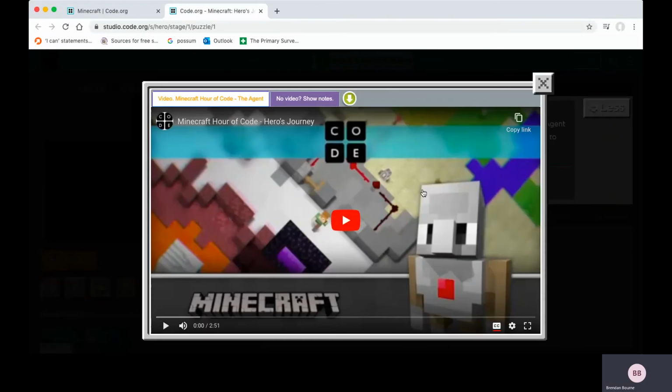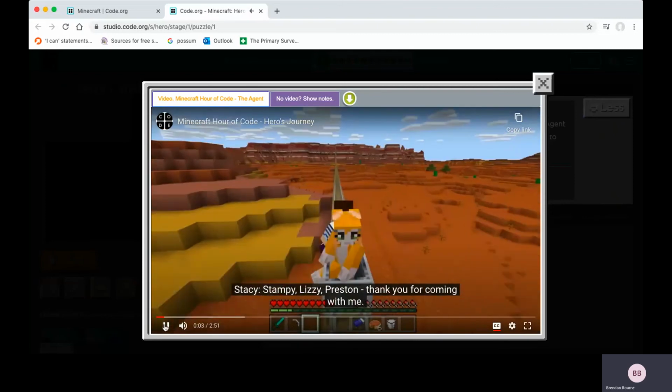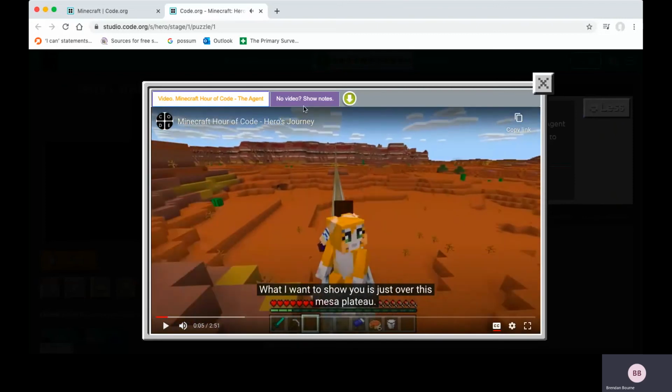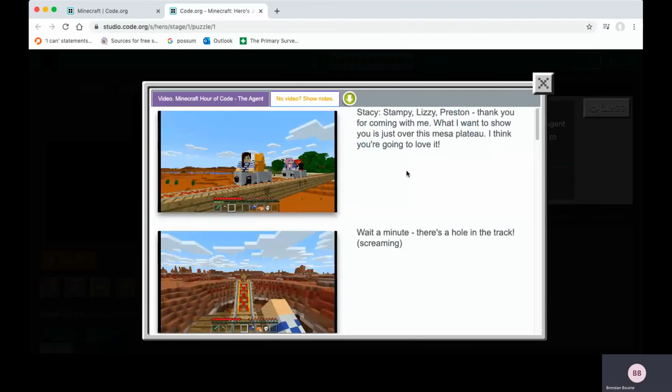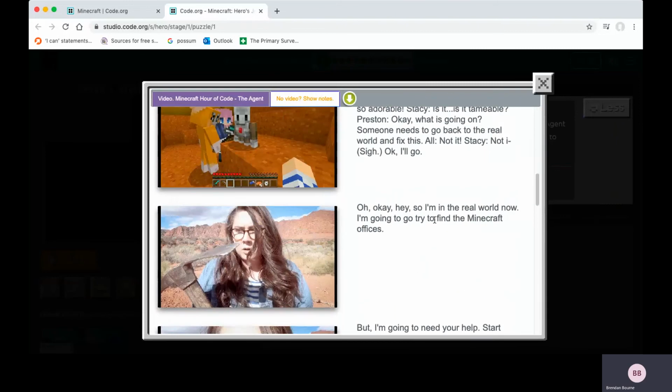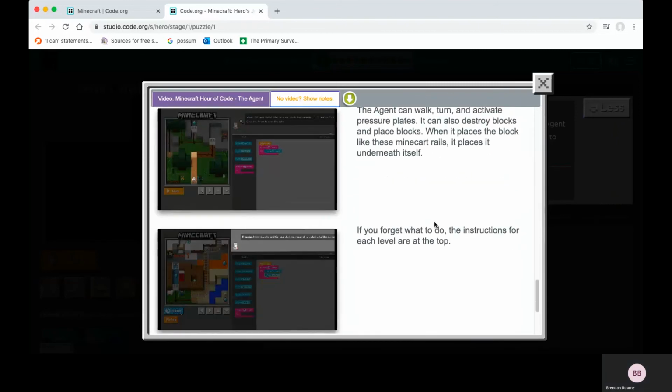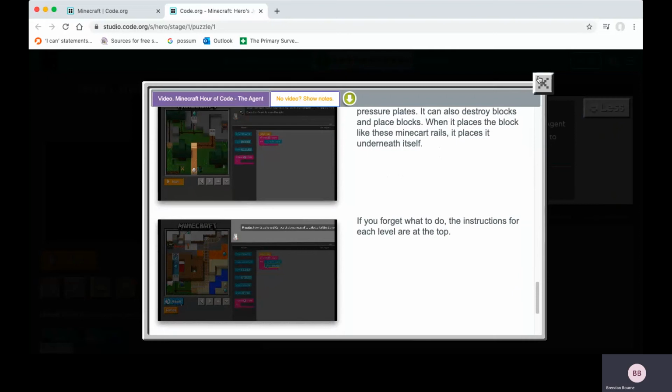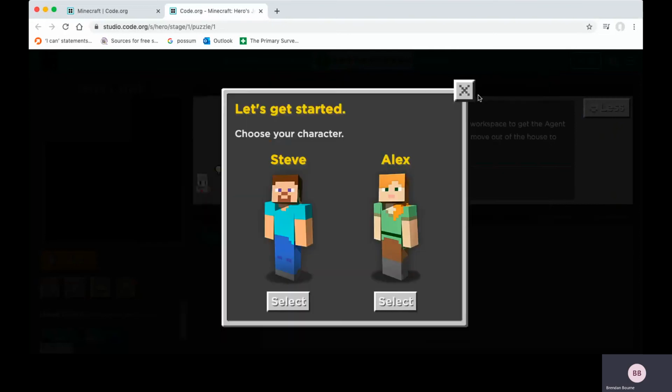some of those steps. So each lesson begins with an initial video to remind us and explain. Okay, so there's a short video to watch. We're not going to watch it because we've looked at it in class, and you can do that on your own. So if you would rather read, you can click on this button here to show you the notes, and you can read through what is on each slide as they go through it, rather than watching the video. So if we click off that, because we don't need that for today,